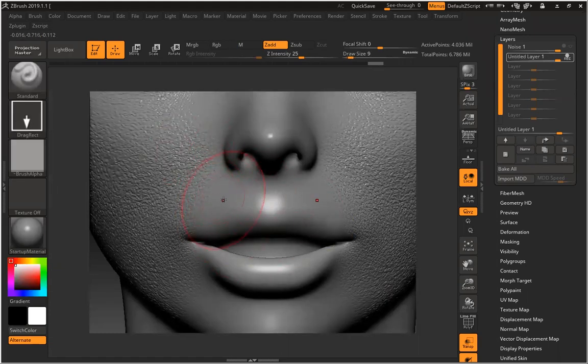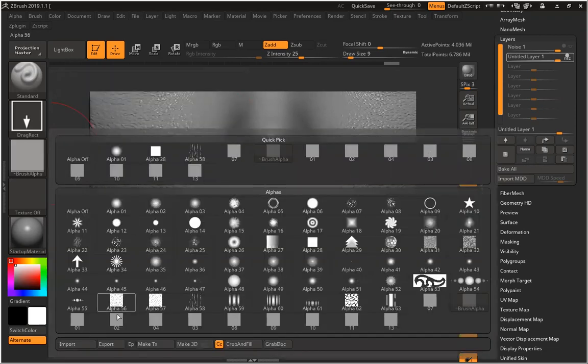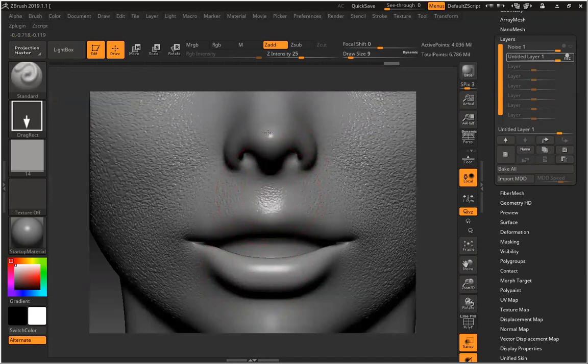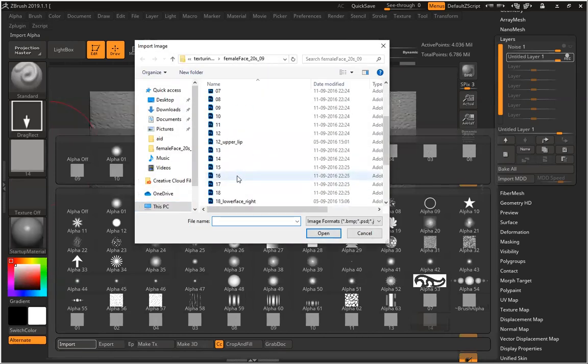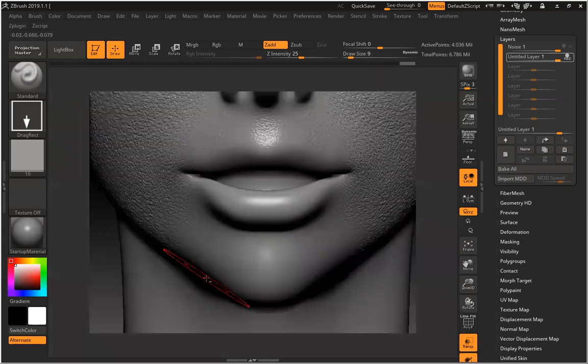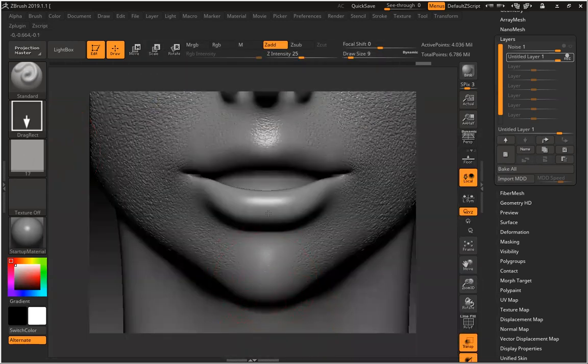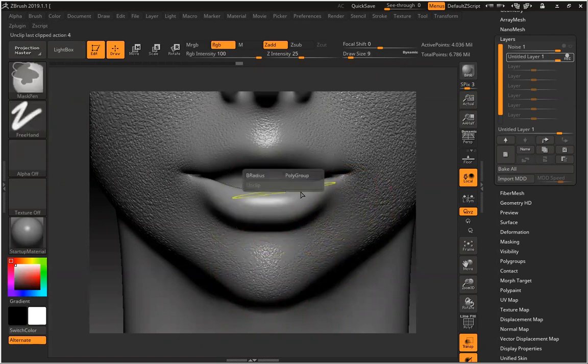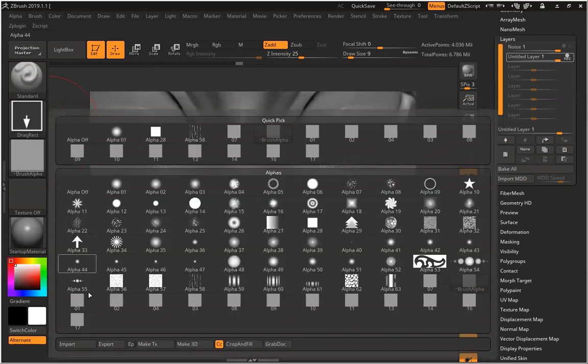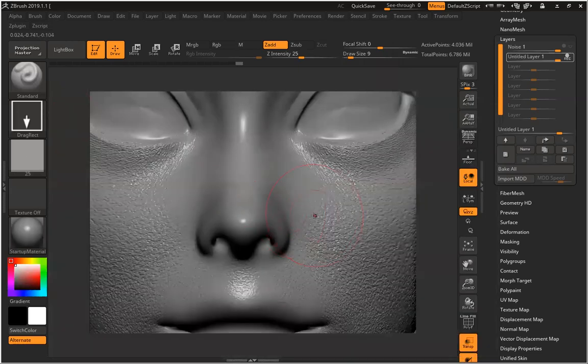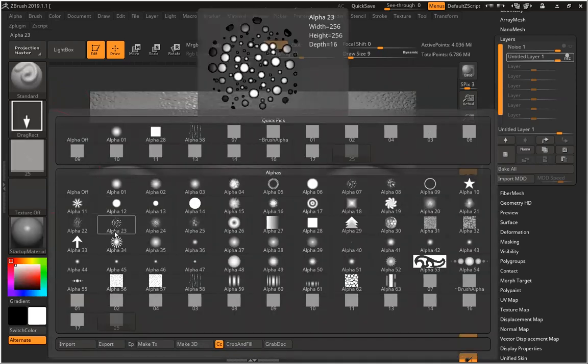Don't worry, it's way too strong, I'll reduce it. Symmetry off. Number 17. Nose is number 25. Number 4.